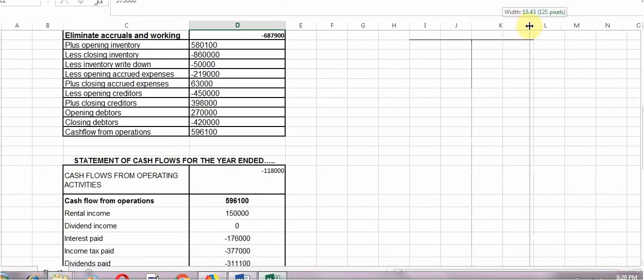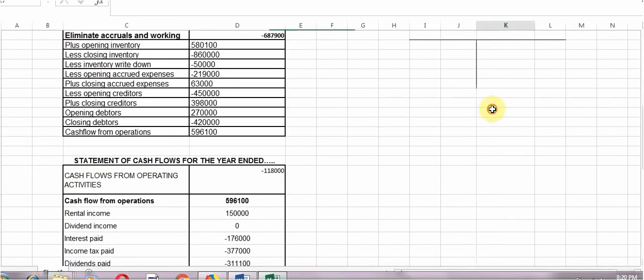So if you go to the PPE information and you have to set up a basic note, you will find that there should be an opening balance. The opening balance in the question was given as 10,520,000. Then they talk about a revaluation, and the revaluation was 205,000. There was a sale,